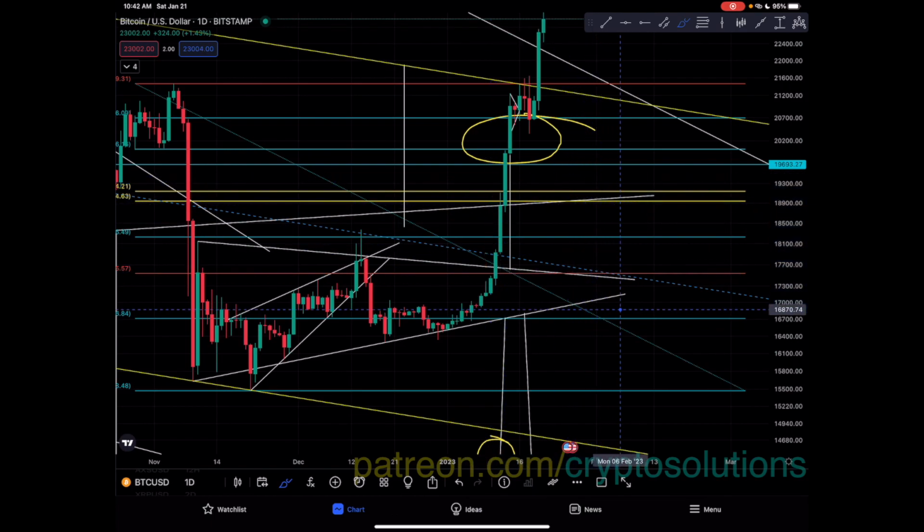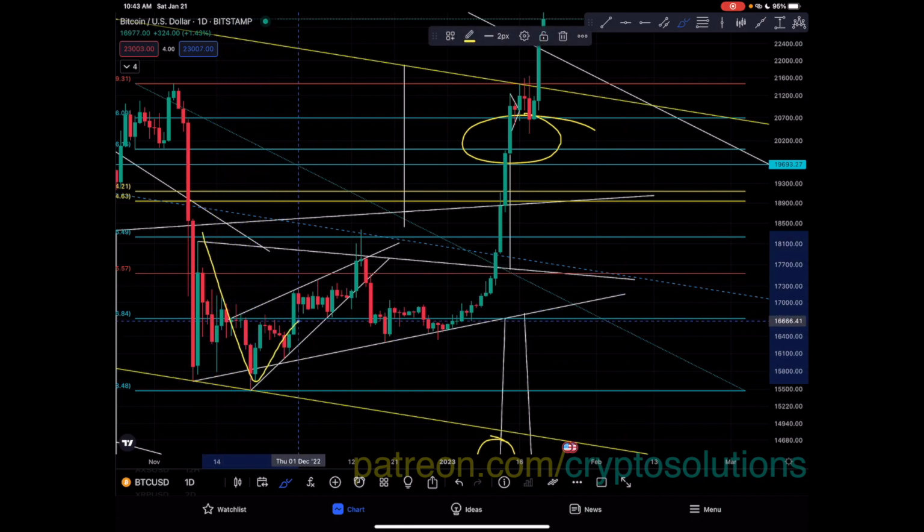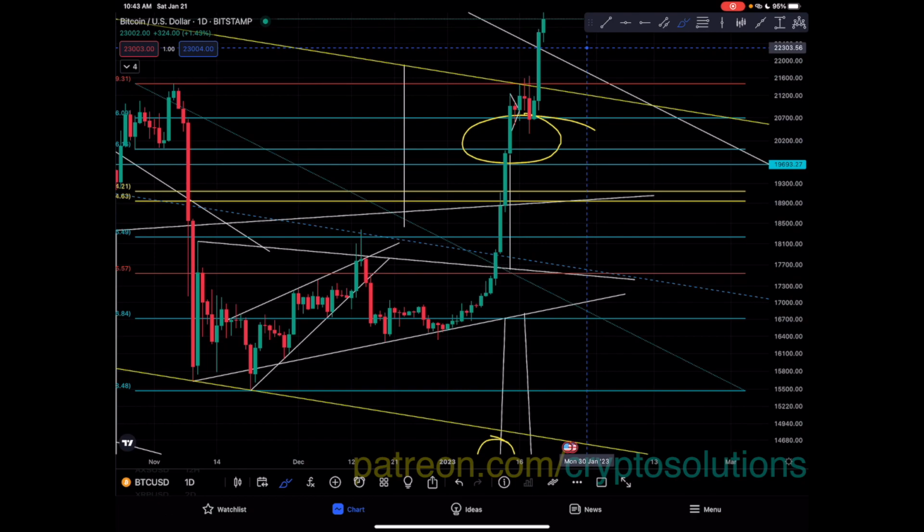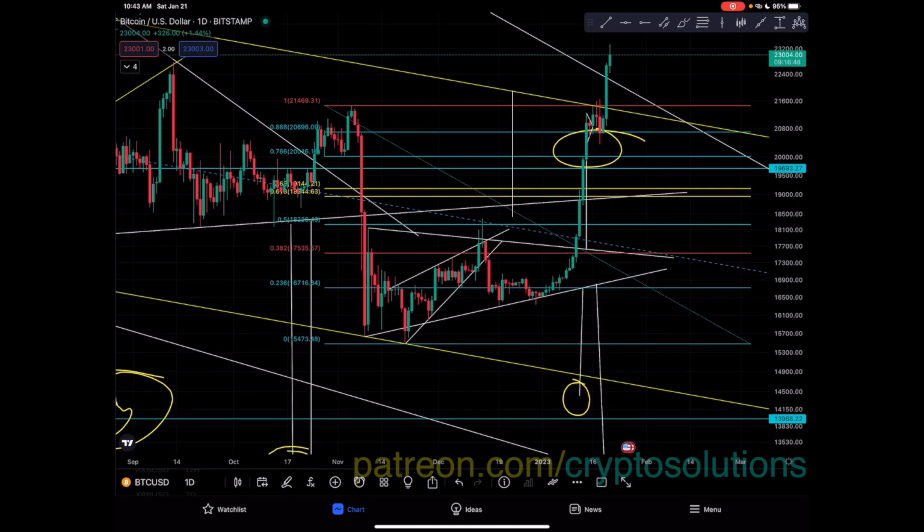But in this case, like I said before, there may be exceptions. And here, this breakout completed the target all the way up here, and it also overextended like this. So this target has already been met according to this